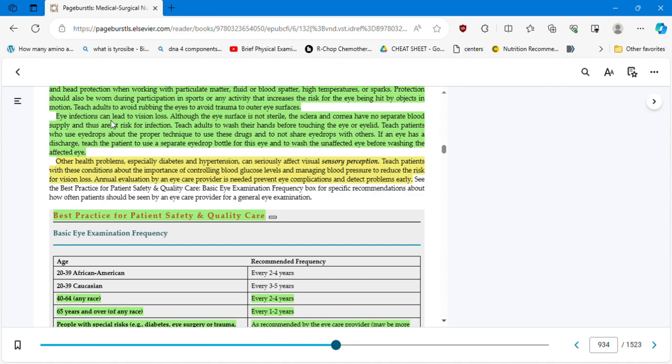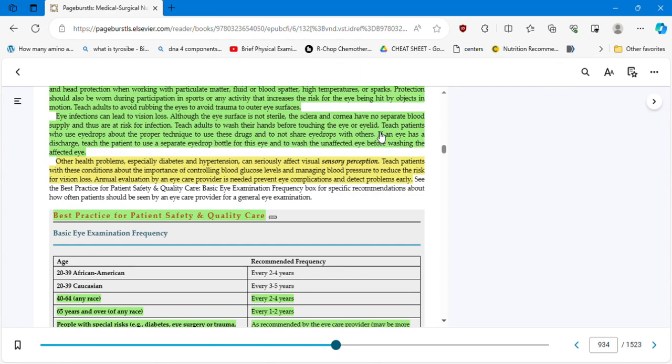Eye infections can lead to vision loss, although the eye surface is not sterile. The sclera and cornea have no separate blood supply and thus are at risk for infection. Teach adults to wash their hands before touching the eye or eyelid. Teach patients who use eye drops about the proper technique to use these drugs and not to share eye drops